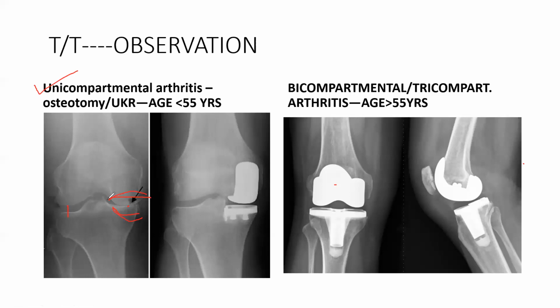In the knee joint there are three compartments. One is the medial compartment, this is the lateral compartment, and the third compartment is the patella, and behind the patella. So medial compartment, lateral compartment, patellar compartment. If there is an issue in one compartment, you just treat that compartment. So it is a unicompartment replacement. Here we do unicompartment knee replacement, called UKR, unicompartment knee replacement.